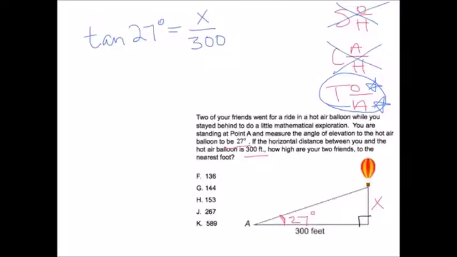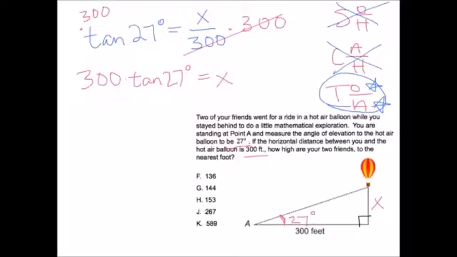We need to eliminate this divided by 300, and the way we're going to do that is we're going to multiply both sides by 300. Now I'd encourage you not even to worry about what tangent of 27 is. Who cares? When we get to the end, we'll do it. So that cancels. So this is 300 times the tangent of 27. Now, in your calculator, we need to make sure that we're in degree mode. So just be aware that you need to be in degree mode and not radian mode on your ACT. All right, so we're going to do the tangent of 27 times 300, and that gives us